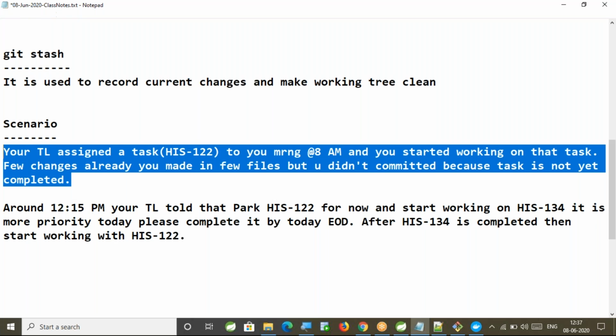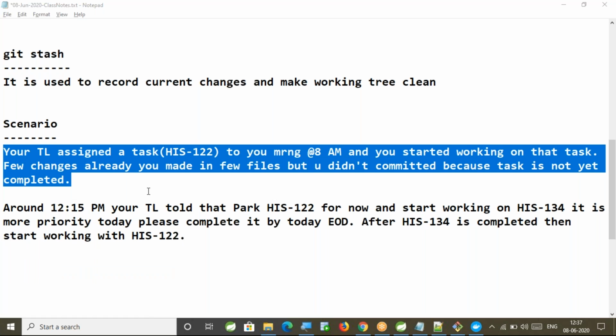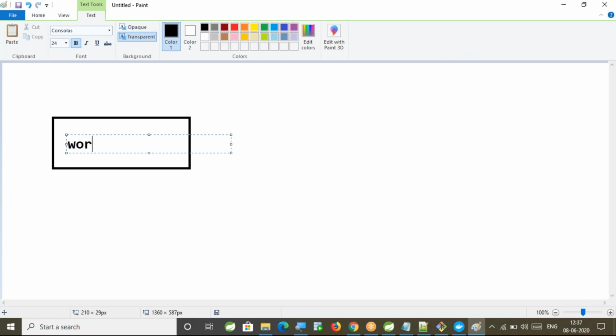Right. Fine. So here, if you observe, this is my working tree.